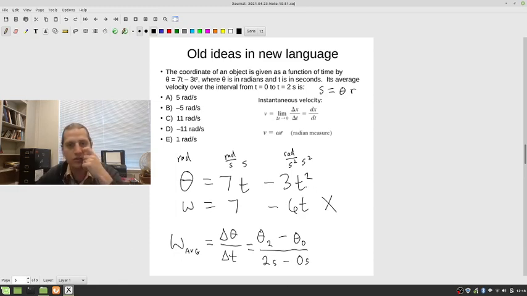Okay, so you get to put in 2 into this equation, get your theta at time equals 2, put 0 into this equation, that'll just give you 0. And you can calculate this out. Okay, so I'm going to let you do that, but I just want to draw your attention to the fact that I know you want to take the derivative when you see this, and it's something you know how to take the derivative of. At least I feel that way. But in this particular case, they're asking for the average velocity, not the instantaneous. So when you do your problem, you're going to have to distinguish between what you're being asked. This is your instantaneous